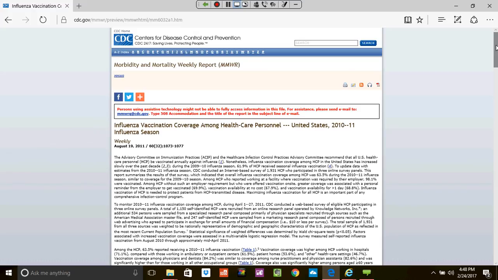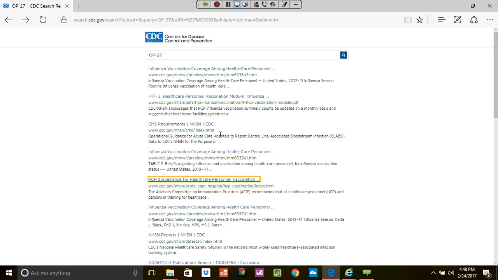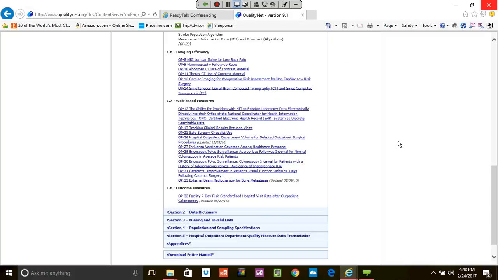So again, I don't want to dive into too much because I know when it comes to the OP27 measure, just simply meet with your infection control, infection preventionist and say, hey, is this a measure that you're collecting and reporting on a regular basis? If they say yes, there's nothing more you need to worry about in terms of MBQIP Flex requirements. So just confirm with them, your infection control person, that they are collecting and reporting this information, and that's all you need to worry about. In terms of the IMM2, that is something that falls on you for abstraction and reporting quarterly within the CART